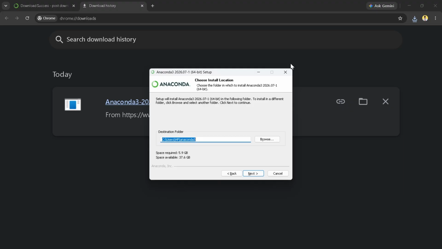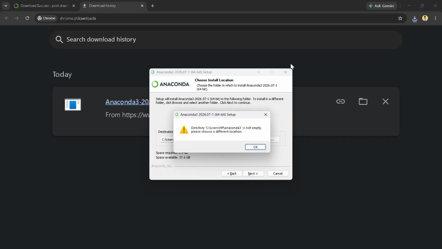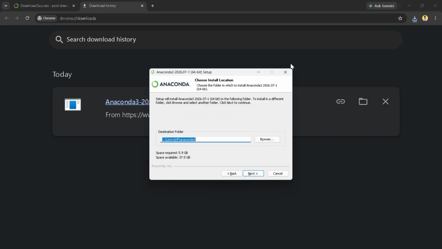So here you have to select the location where you want to install Anaconda. So here you can see, as I have already installed it on my computer, this is showing a warning. So we click on OK,